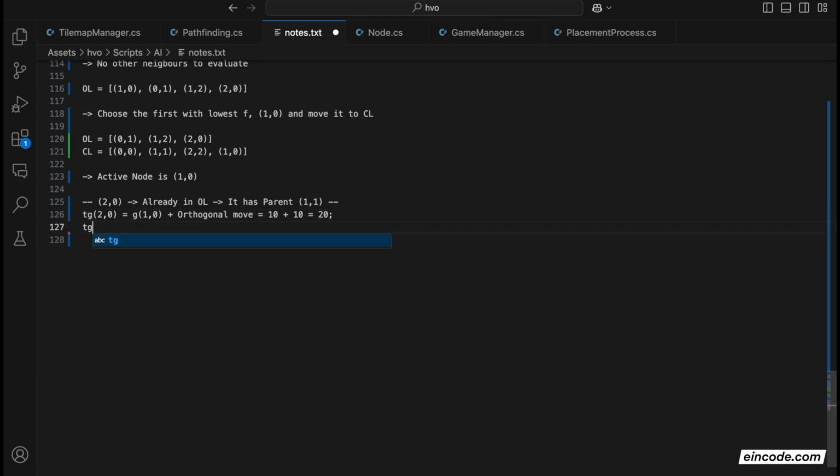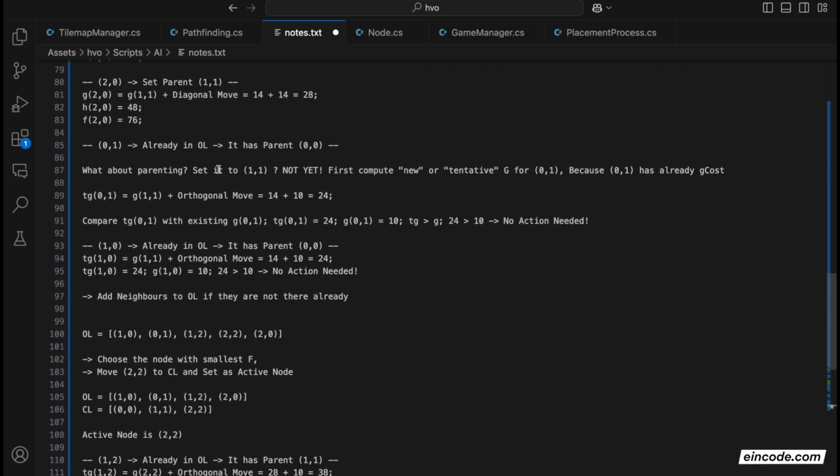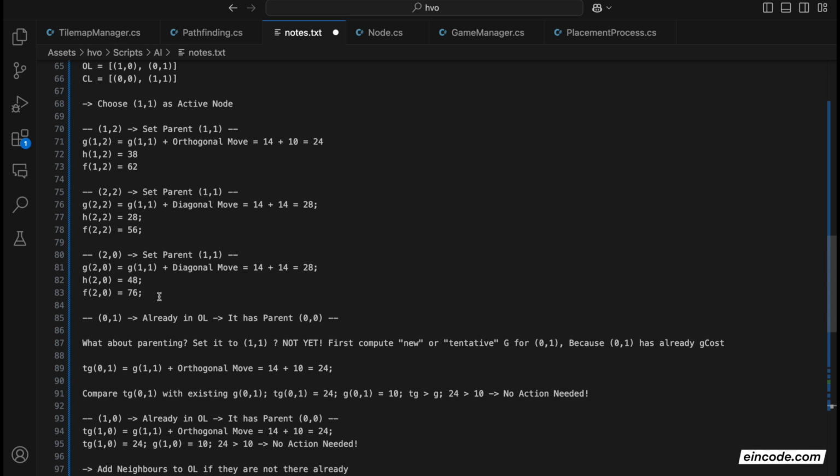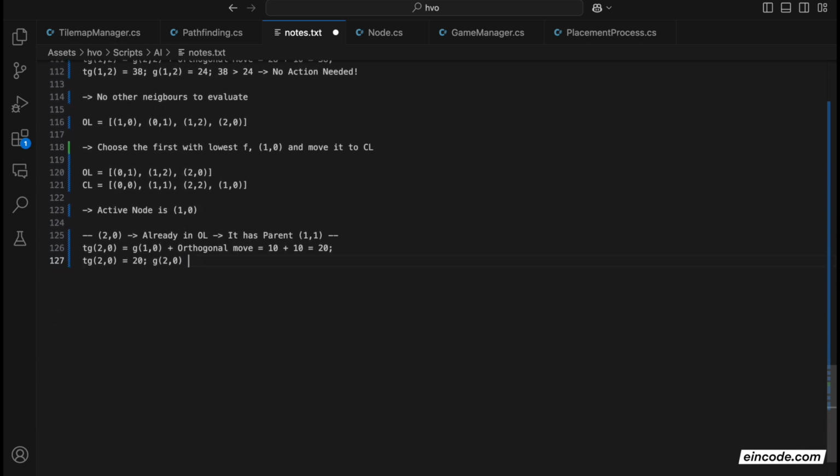So let's write it down. TG of 2, 0 is 20, and for the old G of 2, 0, we need to look it up. So let's find 2, 0 here. So the old G is 28. Interesting. Now we are getting into an interesting situation. So that's a 28. Okay, let's write it down. So G of 2, 0